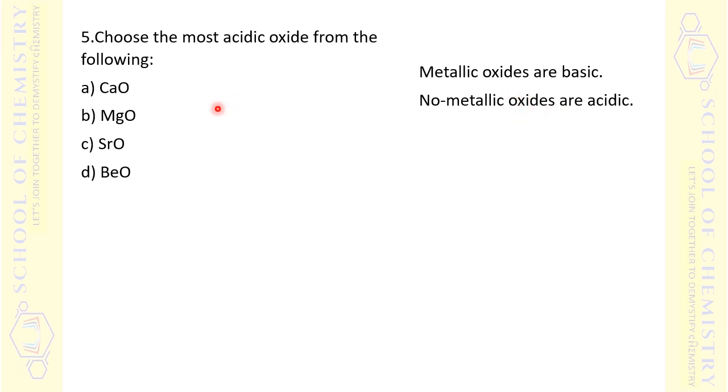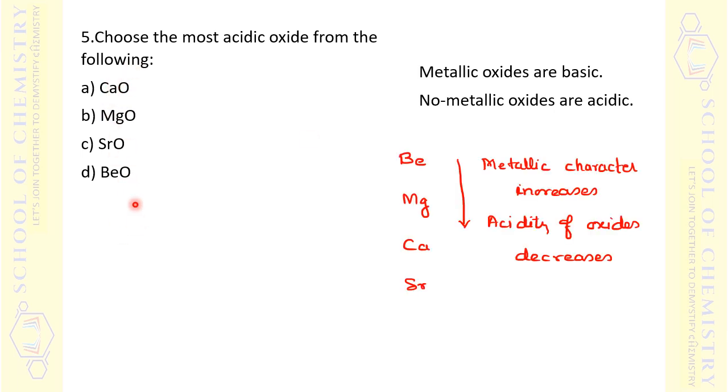Now let's consider these metallic oxides themselves. Among these metallic oxides, which is most acidic? That we need to find out. For that, we need to know the metallic character of these. These are group 2 elements, and if they are arranged properly: beryllium, magnesium, calcium, and strontium. And we know that if you move down the group, metallic character increases, size increases, the tendency to lose the electron increases, and metallic character increases. Metallic oxides are basic, and metallic character is increasing down the group, so the acidity of the oxide has to decrease,